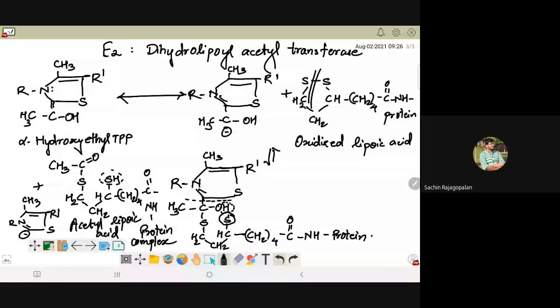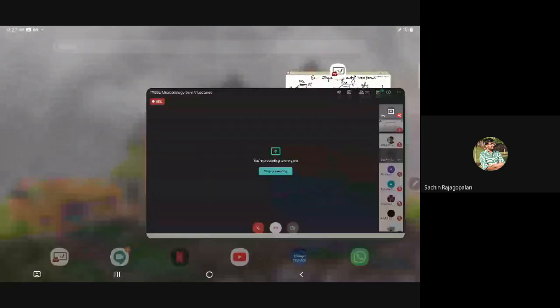Is this part clear? Have you understood what's happening over here? If it is getting confusing, just shift to the presentation. In the presentation you will see that reaction clearly. Just shift to the PPT. So as you shift to the PPT, you will be able to see what is happening there. I will use a pointer for you to understand.